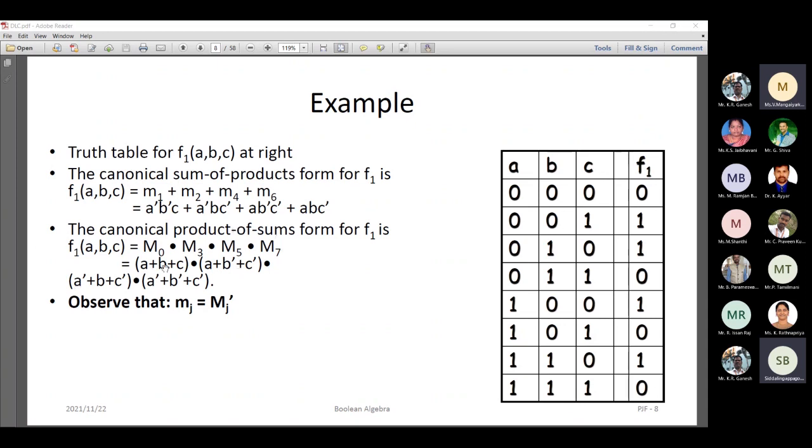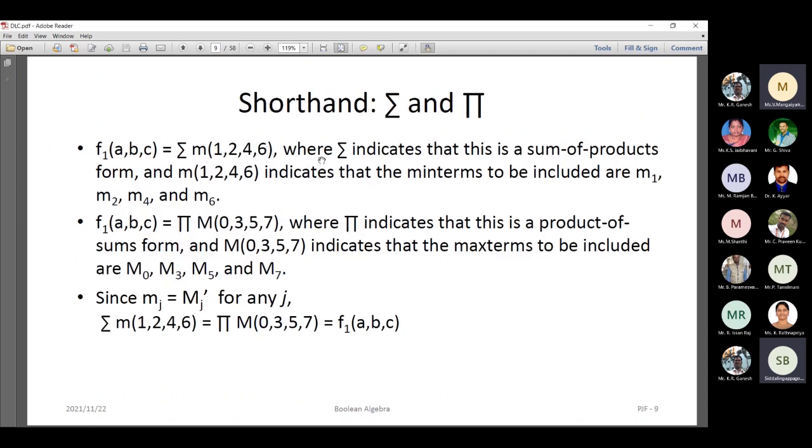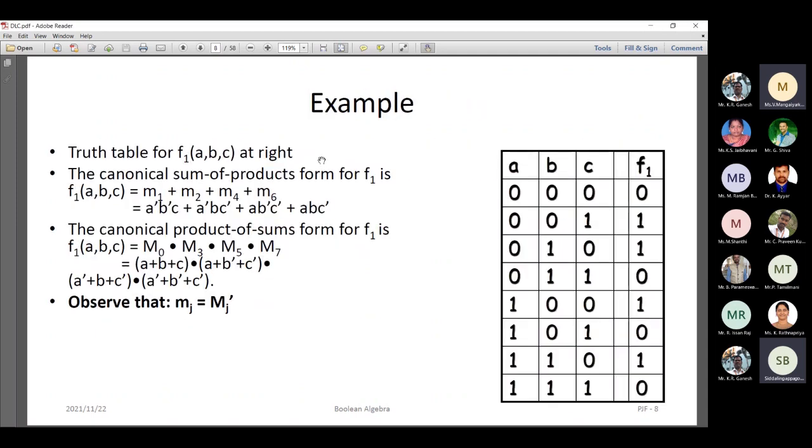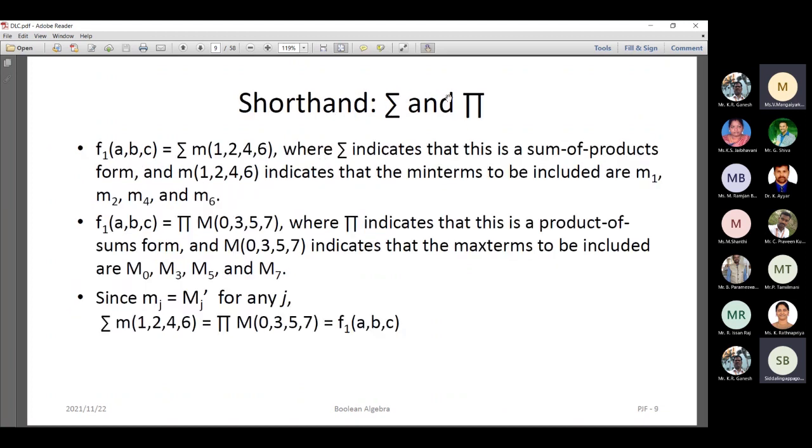And here it is written in terms of plus. Here you see 0 0 0 max term. Whenever you get a 1, then you should write a complement form, but here you have all zeros, so we should write it as non-complement form, and it should be in terms of sum form, right? And this is how we write the min term and max term expression when they give a truth table, right?